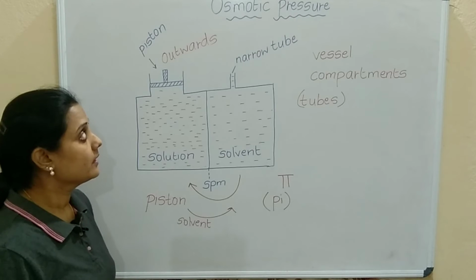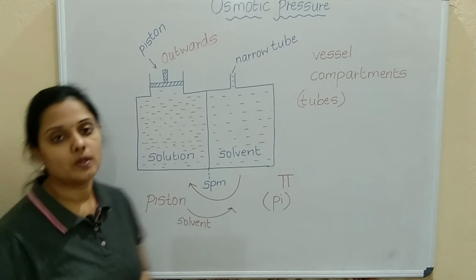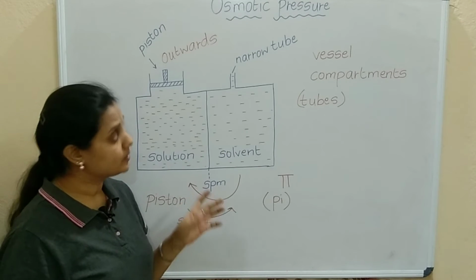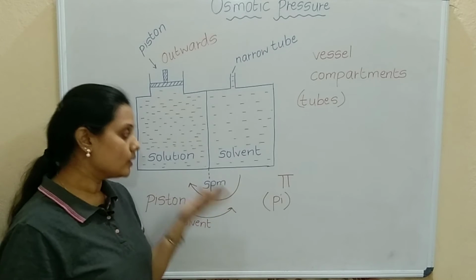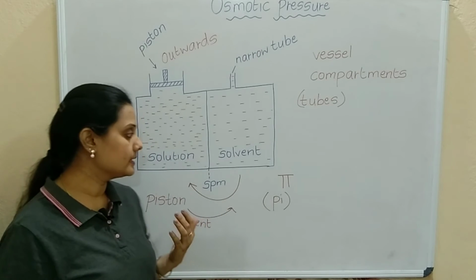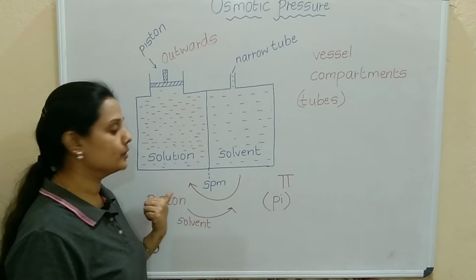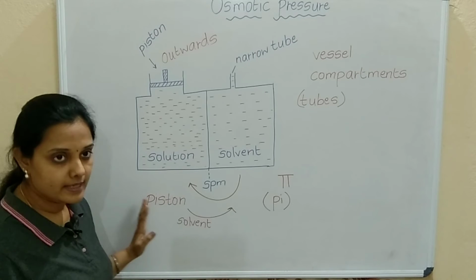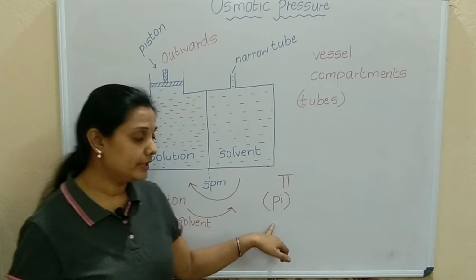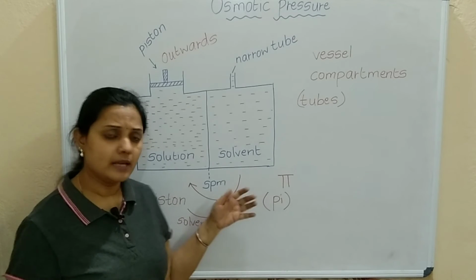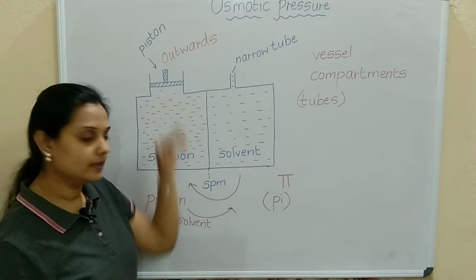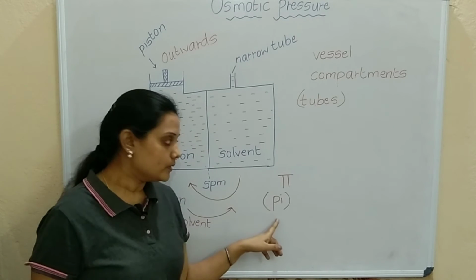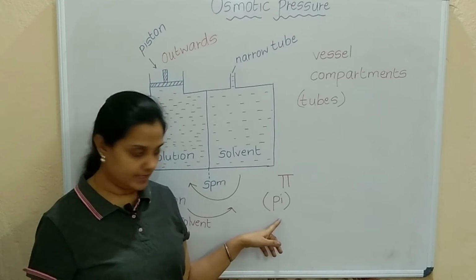Okay. So osmosis happens only in solutions. We are taking the example solvent and solution. Osmosis occurs in the solutions and the movement of the particles will be from solvent to solution, that is from lower concentration to higher concentration. Easy? Okay. Why the word came? Because we are applying pressure on the piston to prevent the flow of the solvent molecules, stopping the osmosis. So osmotic pressure is denoted as pi.